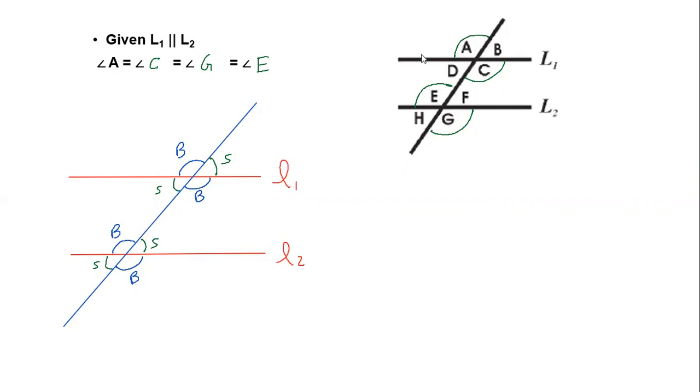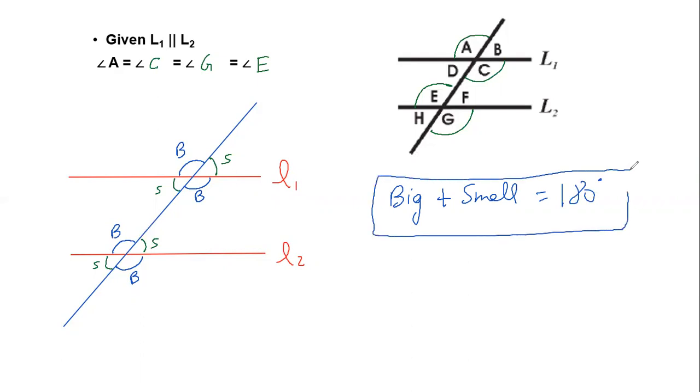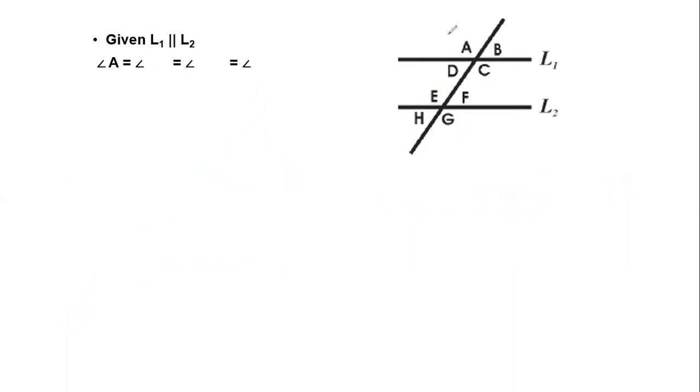And one additional point: you take any big angle, any big plus any small, it will always add up and give you 180 degrees. So you take any big plus any small, you always get the sum as supplementary. Supplementary means what? 180 degrees. So I hope this is a very basic formula. Everyone is sorted here. Moving forward,